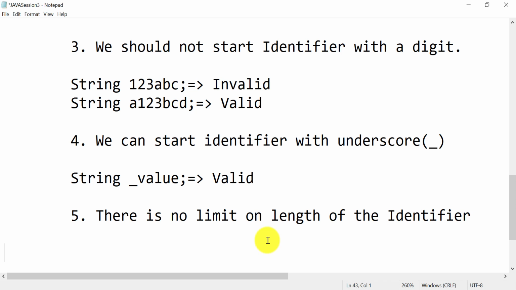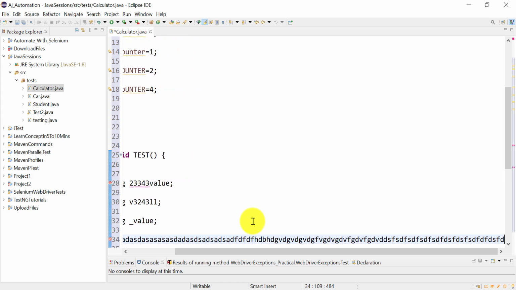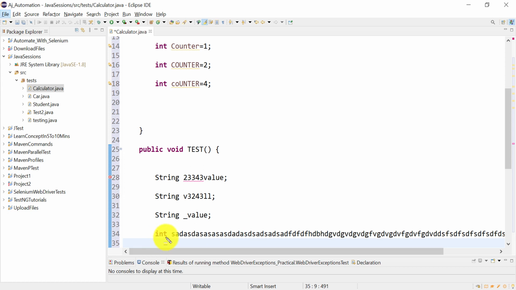But if you use crores or thousands of characters, the readability of your Java program will decrease, right? It will just increase the size of your program. For example, if you are using some integer variable, and I am giving the identifier a name like this. Okay, so you can see so many characters I am using, equal to 1, right? So it is allowed. Java is not giving any error if you are using this many characters. You can use thousands or crores of characters in the identifier, but it is a bad programming practice.